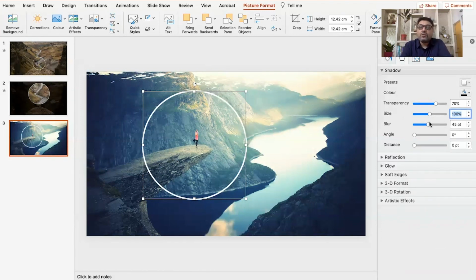Okay, so our magnifying glass is done, but what I will have to do now, if you see the background